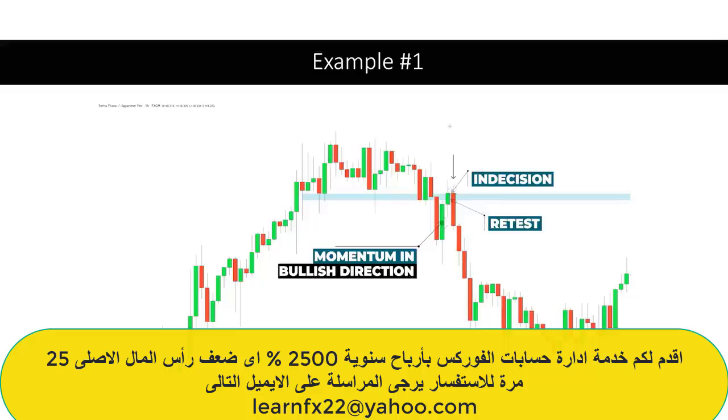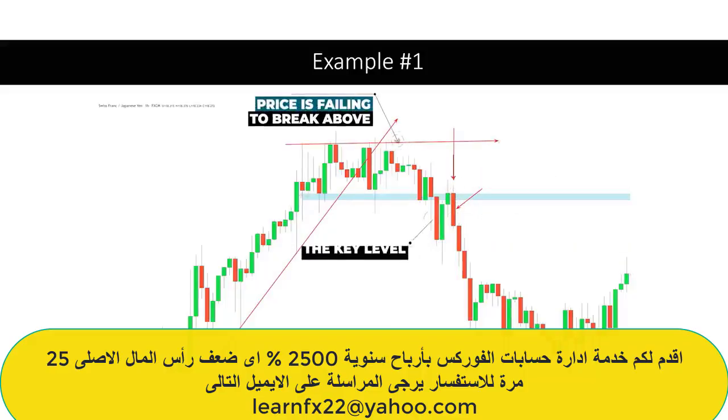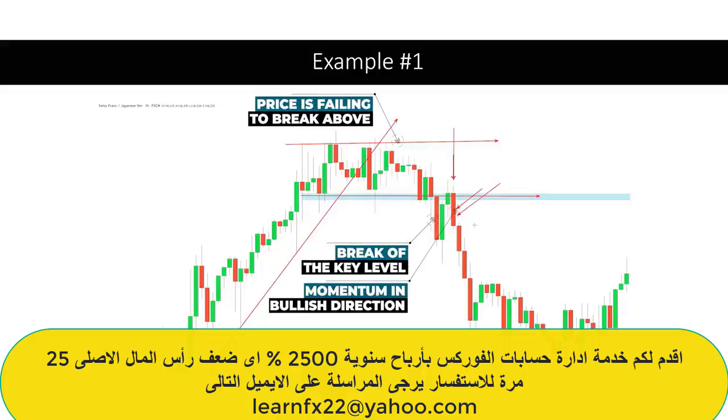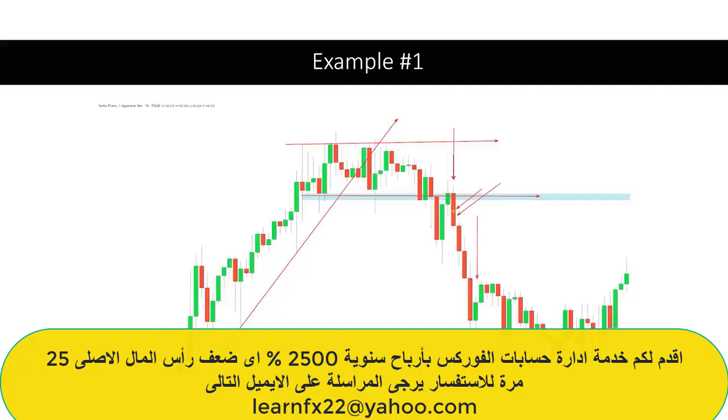And then what do we have finally? We have a beautiful, beautiful momentum candle that closes bearish. The trend was up, it failed to make a new high, it broke the previous structure, and now we have bearish momentum in our direction. What can we start to anticipate? We can anticipate that the market will continue pushing down, and this is what you can see here from this example with this bearish momentum candle.